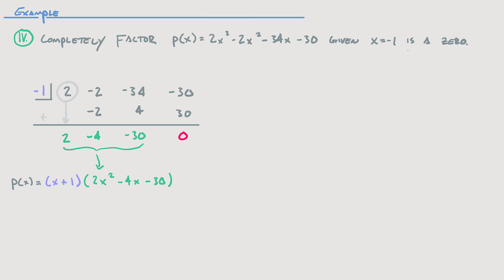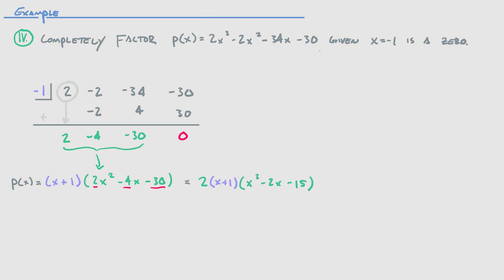We could actually have graphed this thing at the beginning to kind of see, but it's important to have different strategies for how to do this. And also maybe we only get 1, 0 when we graph in the future. And that's going to be when we start considering complex zeros or imaginary zeros. So it's important to go over this and understand how this works, because graphing won't always give you all the zeros. But anyway, here we got 2x squared minus 4x minus 30,